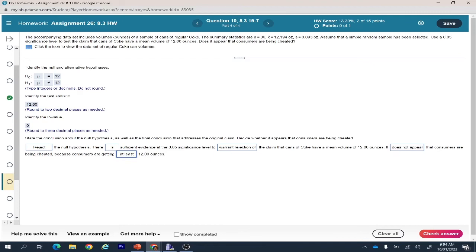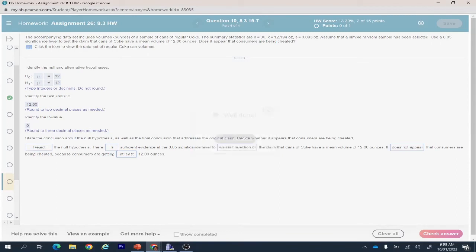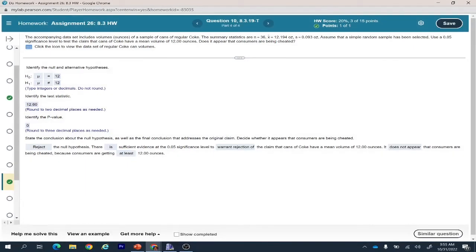After rejecting the null hypothesis, you are going to support the alternative hypothesis. What is the alternative hypothesis? The alternative hypothesis is that it's not equal to 12, but based on our sample, it's greater than 12. So consumers are getting at least 12 ounce of this Coke. That means it does not appear that consumers are being cheated. Okay,